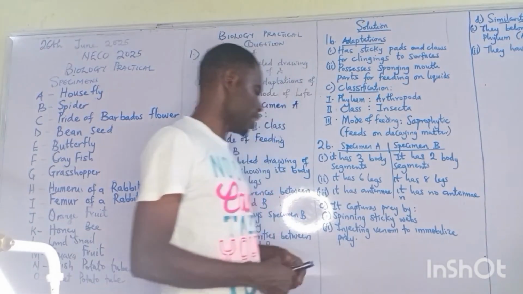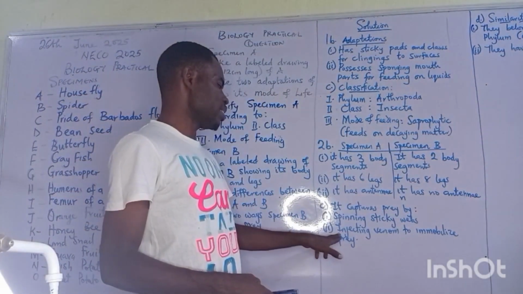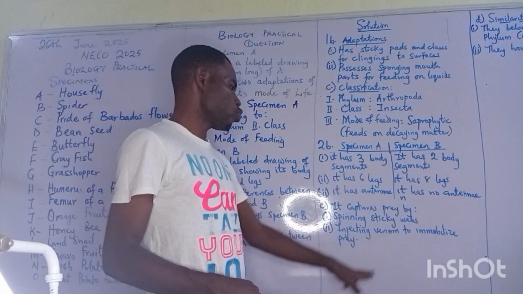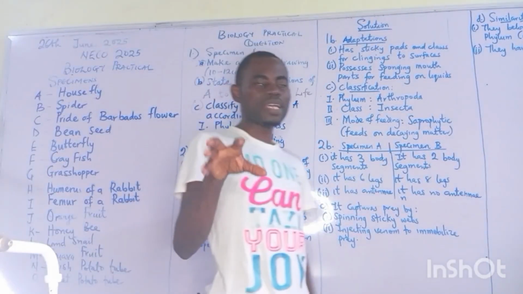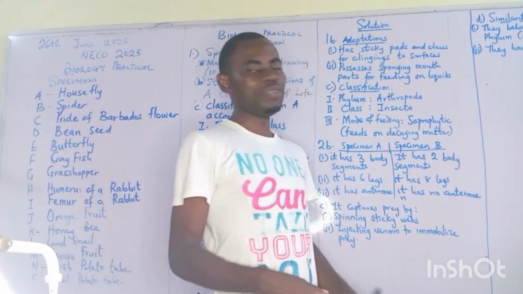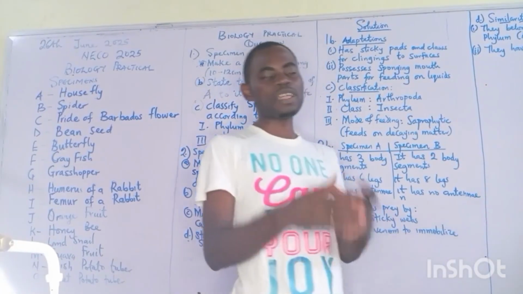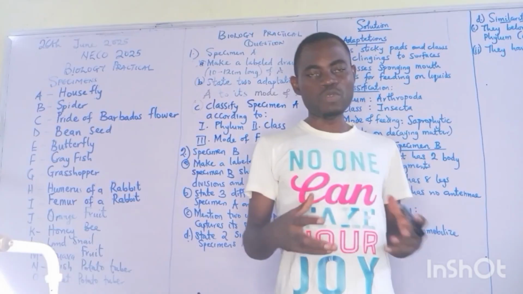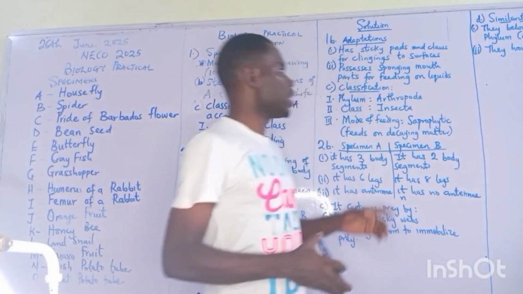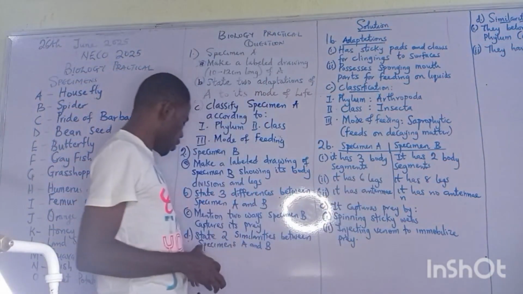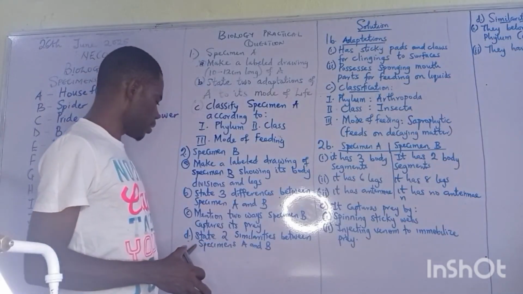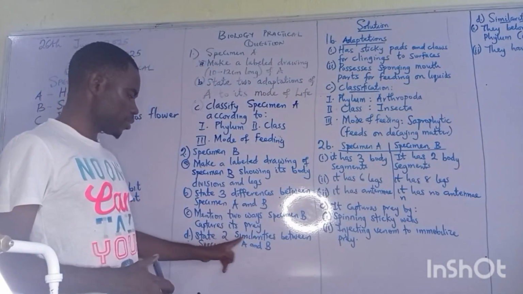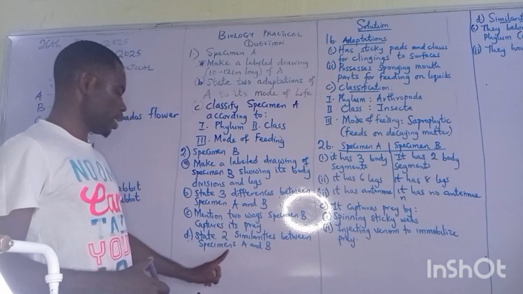It feeds on it. And the next one is by injecting venom to immobilize the prey. Once the prey has been injected by its venom, definitely it will be weakening all the body systems of that particular prey, and it will be fed on. So that's it. Now the last question here on this episode says that state 2 similarities between specimen A and